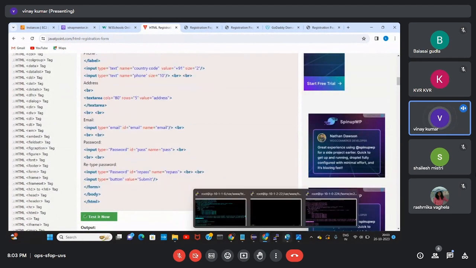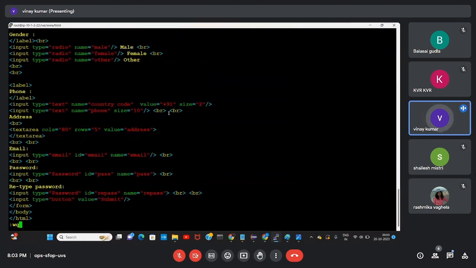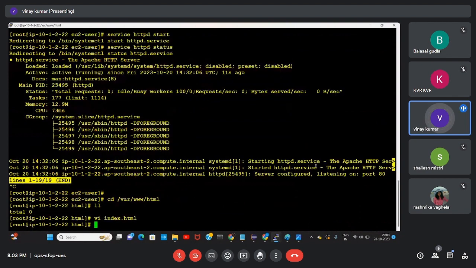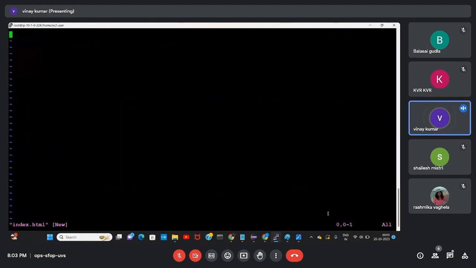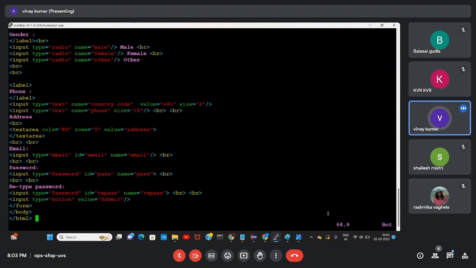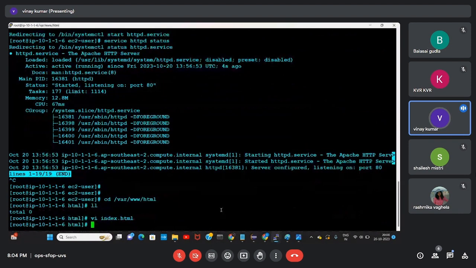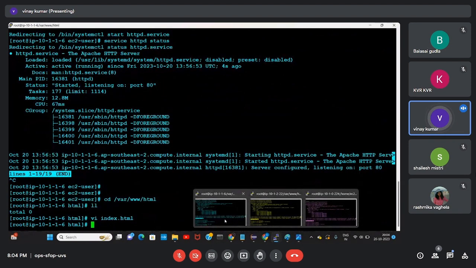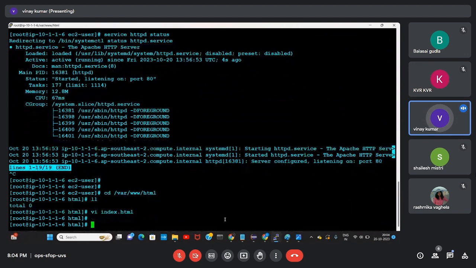Control C. Okay, I'm saving this one. Now index.html, I'm saving this one. And one thing, I have three servers. Just for understanding, I'm changing a small thing in my code.